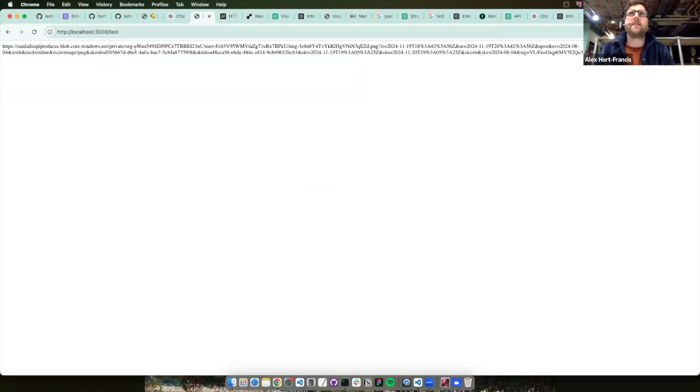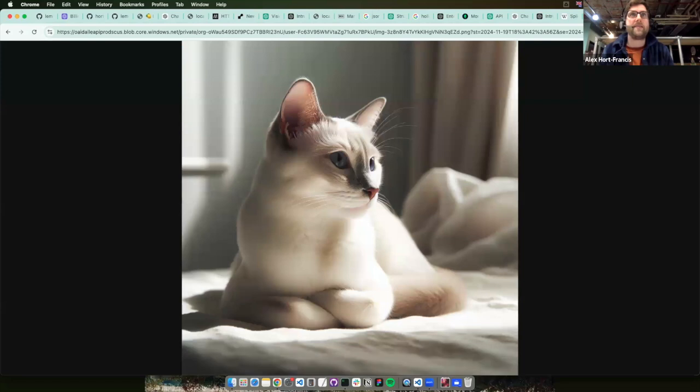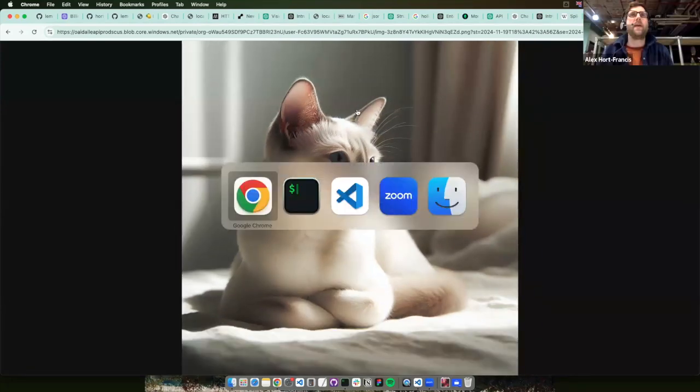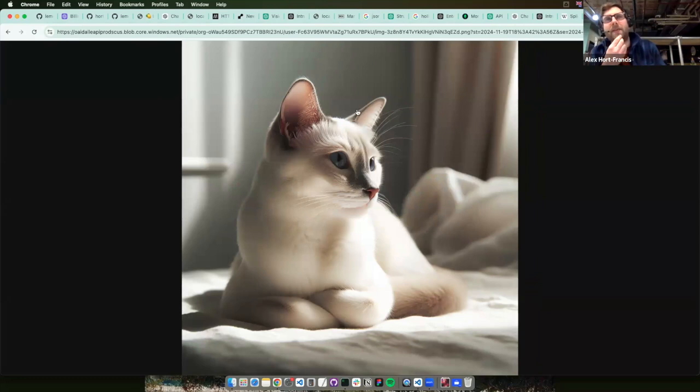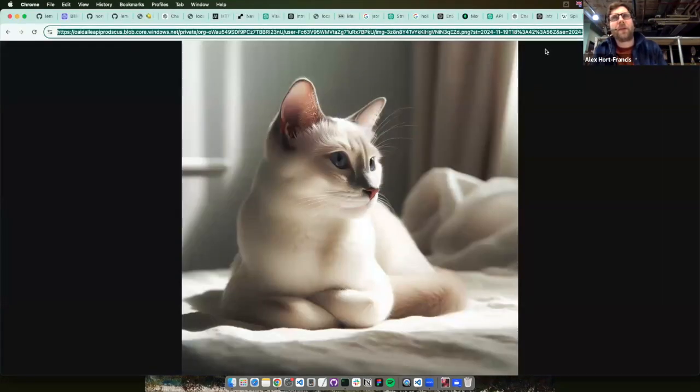So we've now got this. Is that going to be something I can just paste into my browser and look at? Oh, it is. Amazing, that's cool. So that's interesting. It's not sending you the image per se, it's sending you the URL of where the image is hosted. In theory, you can transmit images through the internet if you turn them into a